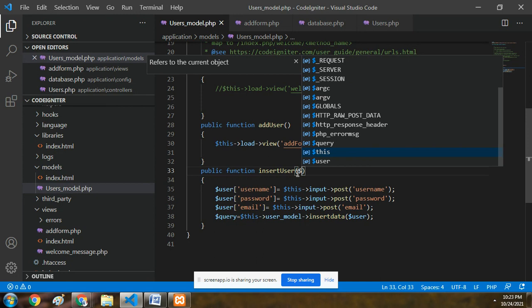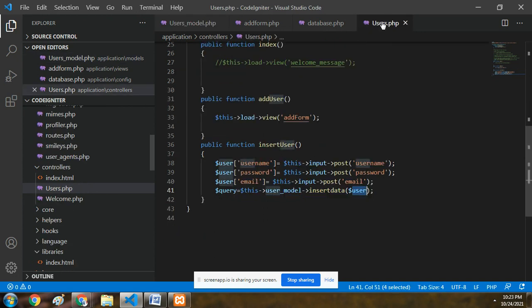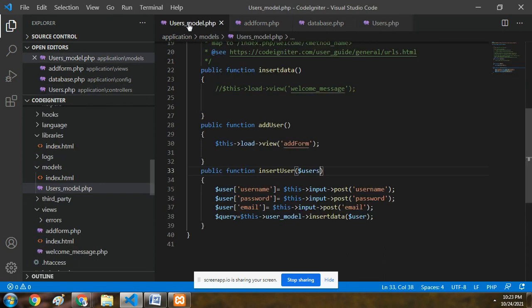So we have to write exactly the parameter which we send in the function which we called from the controller, and we have to define that in the model. Then only that data will reach the model. So inside the model,